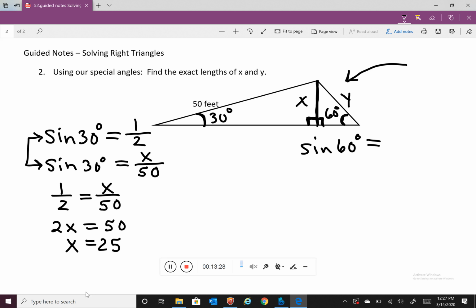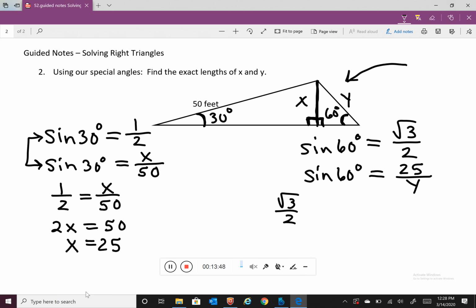And for sine of 60 degrees, it always has the ratio of radical 3 over 2. But for our triangle, sine of 60 degrees is x, but we just found that, which is 25, over y. Setting these two equal to each other, we have radical 3 over 2 equals 25 over y,